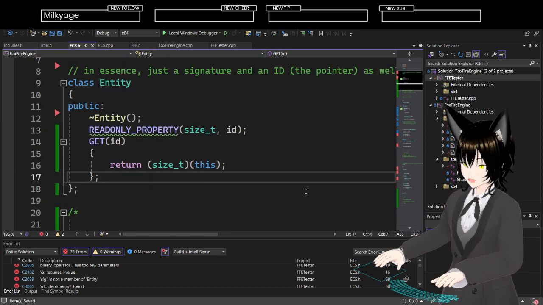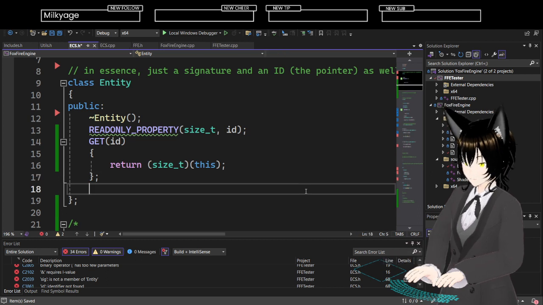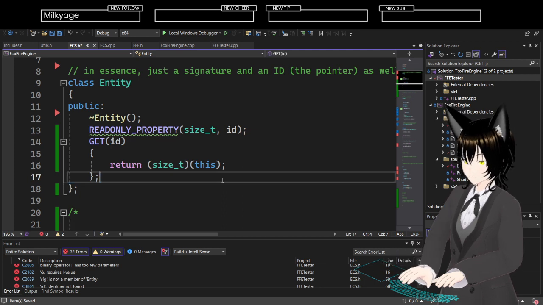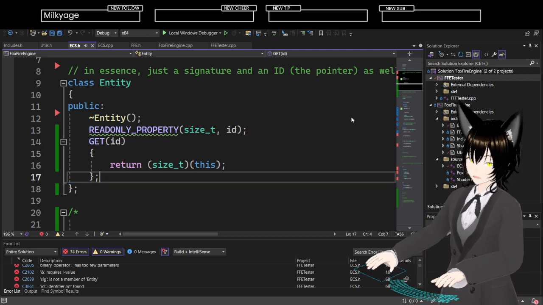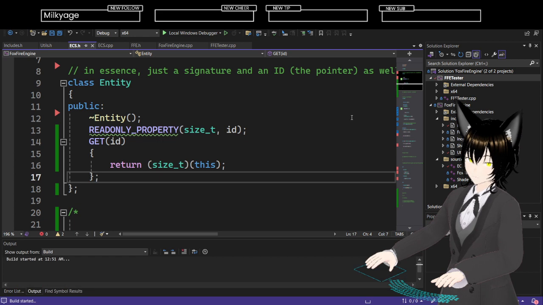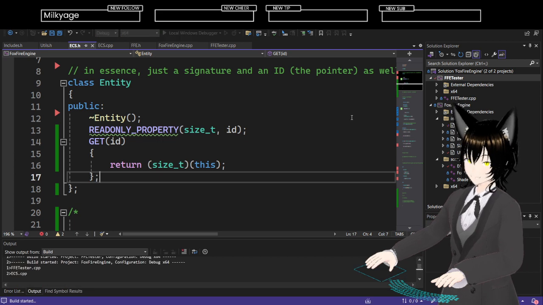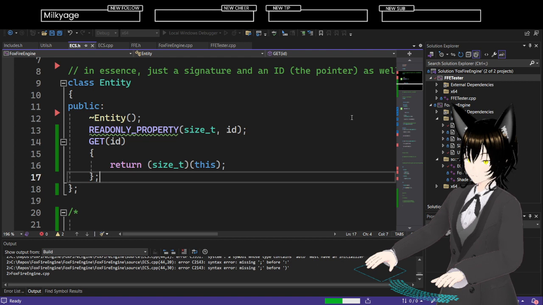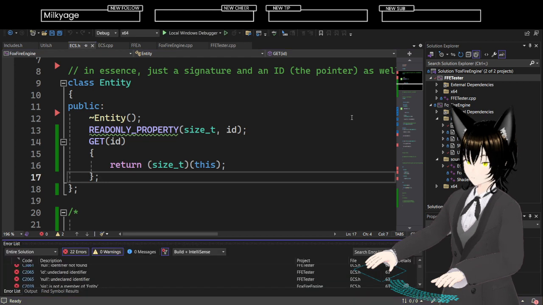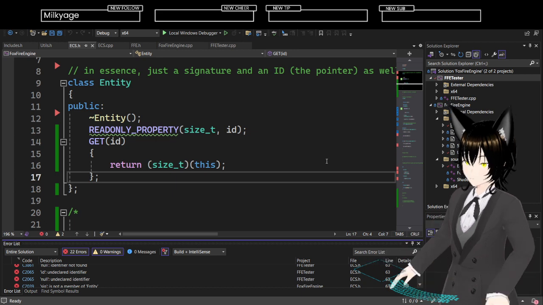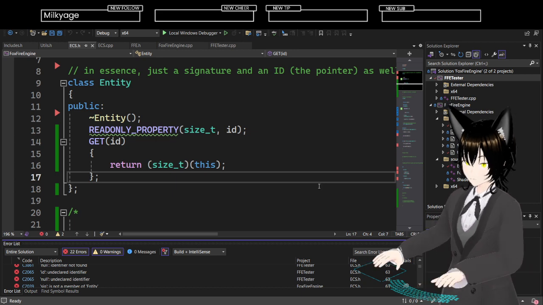Okay. So, this also means that with certain designations, if I rebuild the solution, because I also need to have... yeah, ID is not an identifier.